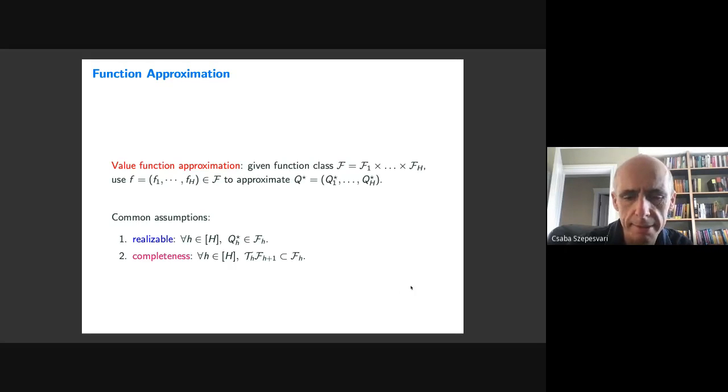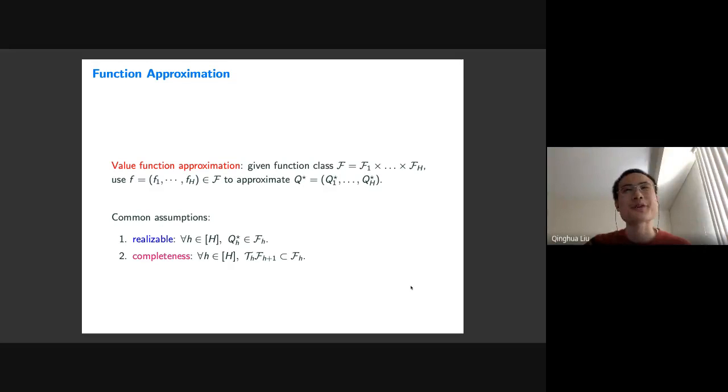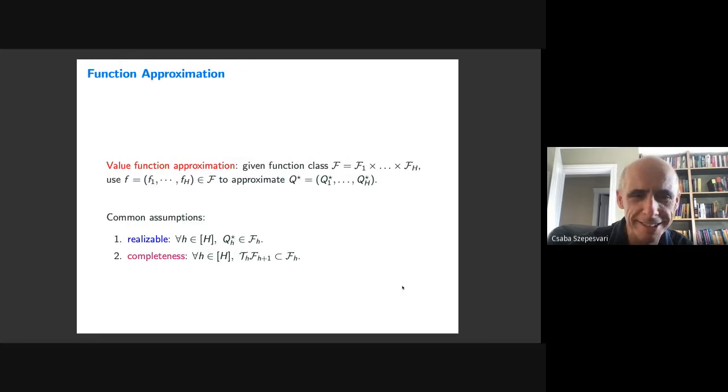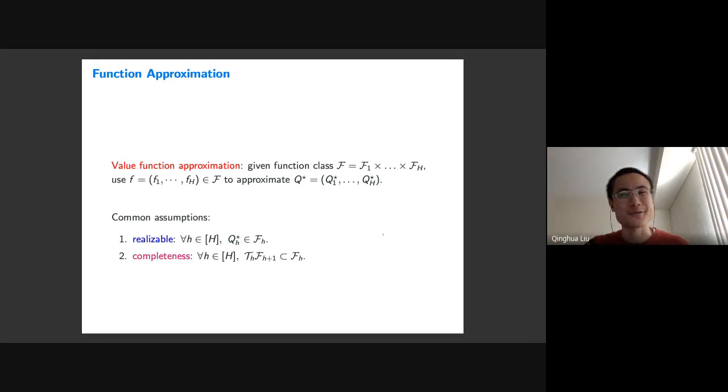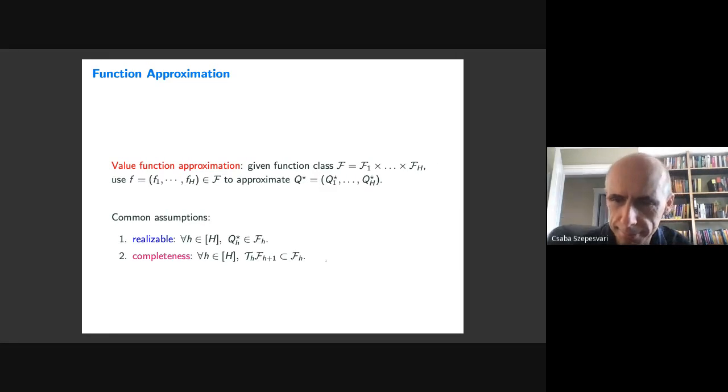Maybe I'll save this for later, but you mentioned that you can remove the completeness assumption, and I was wondering whether something else is going to come in. Yeah, right. If you already have realizability, that is not going to fly. Right, so after removing completeness, we can only handle a limited class of our big class. So we cannot do all the problems I described before. Yeah, it comes at a cost. Makes sense. Thank you. Yeah, thanks for the question.